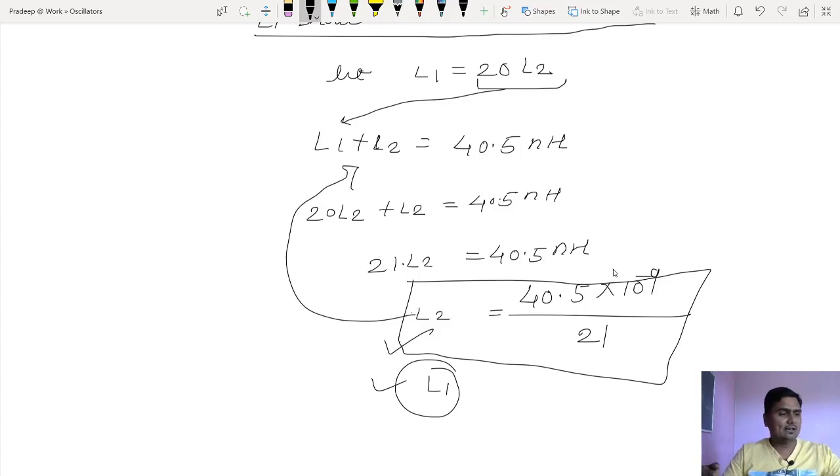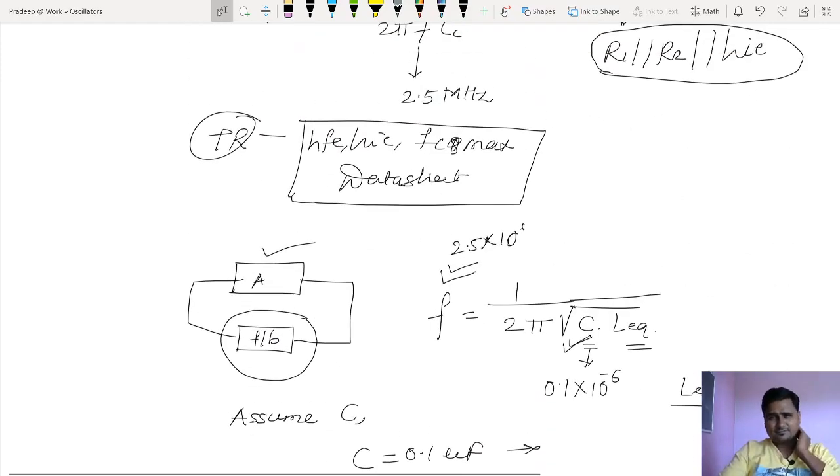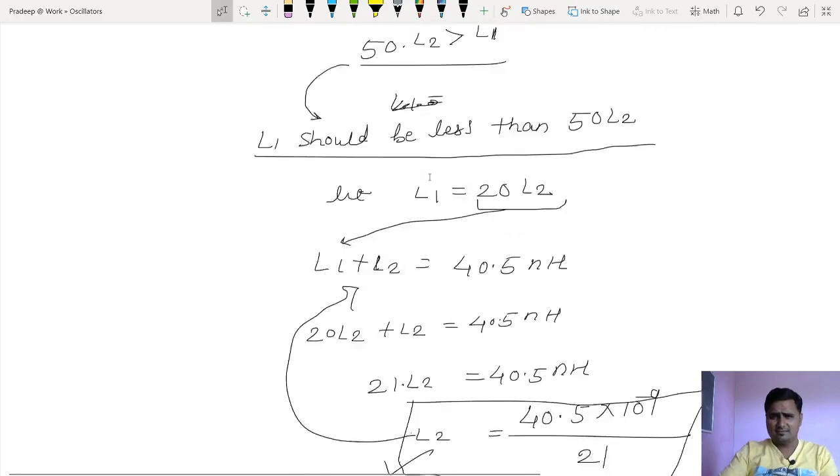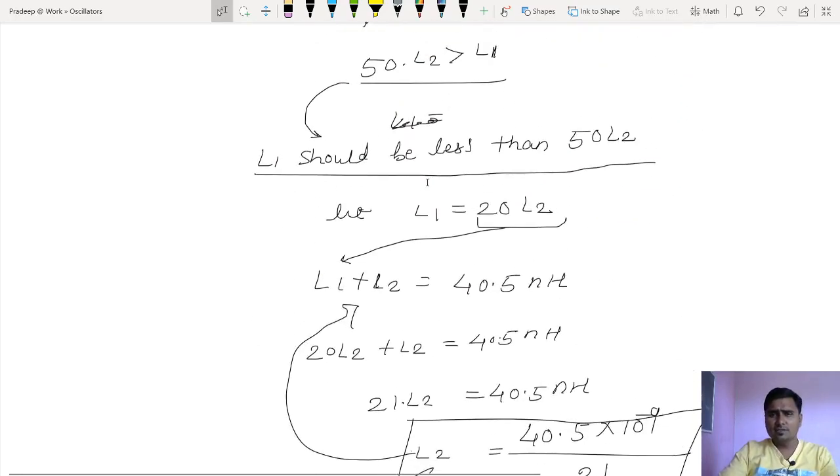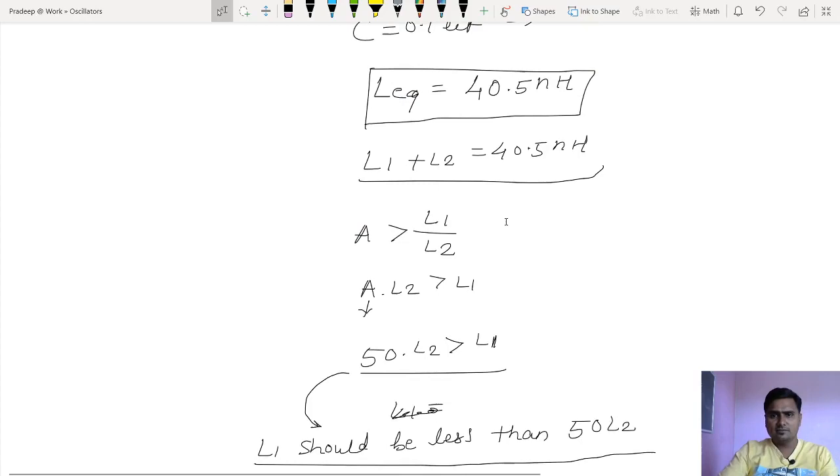Depending on that design, I'll give you some homework related to that, and then we'll go for this Colpitts oscillator afterwards. Is that so? Let us start with Colpitts oscillator, or let's have this Colpitts oscillator in the next lecture. So for the time being, we'll stop here. I hope you understand that designing of Hartley oscillator, even in a very fast mode, I have covered in around 15 minutes.